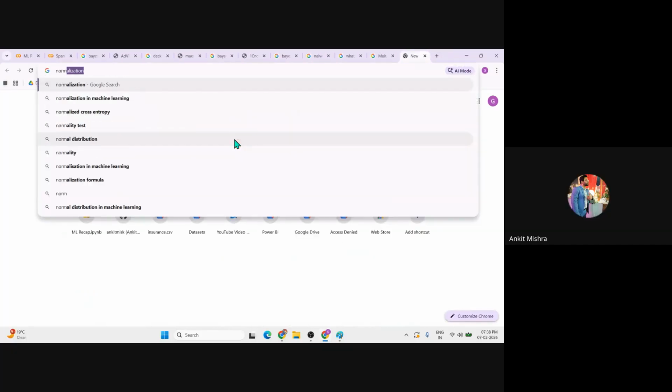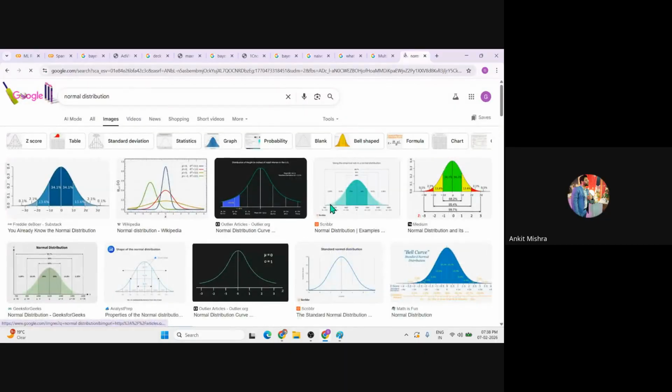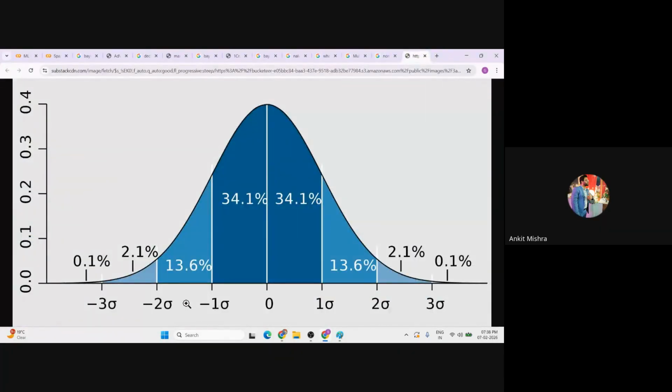Now the normal distribution looks something like this. I hope everyone has seen this kind of visual in their statistics class. This is called the normal distribution curve, and it is like the bell curve. If we have any feature data and we perform EDA and get a distribution like this, it is generally referred to as a Gaussian distribution.